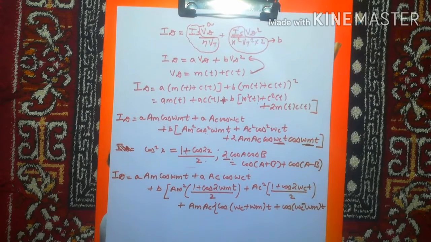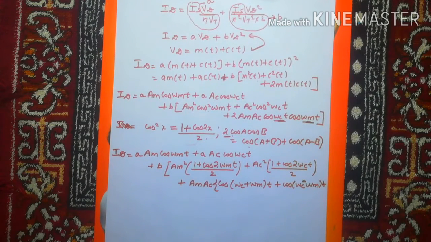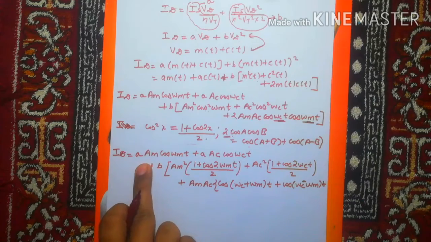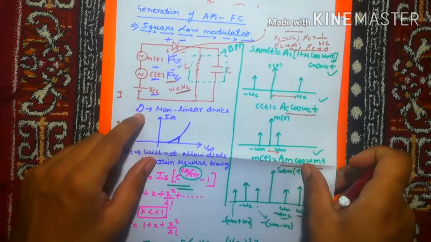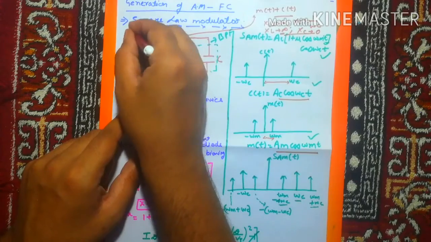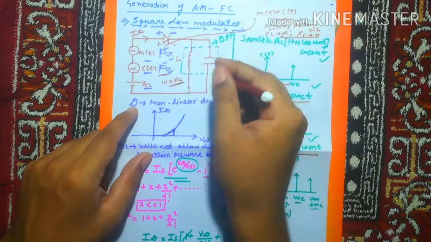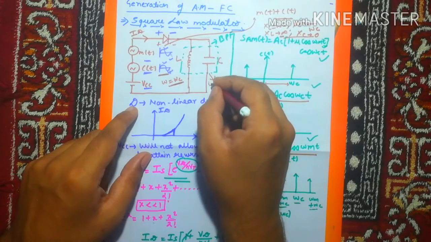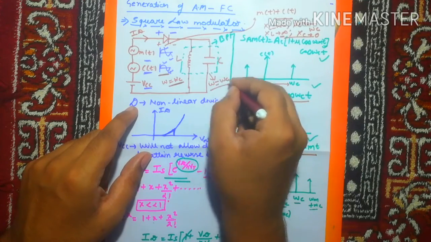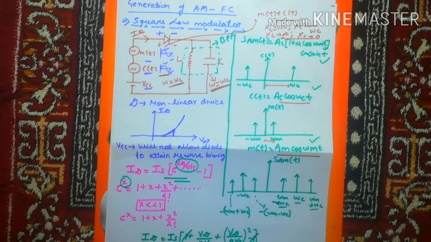Okay, now the band pass filter comes into picture. This Id will go through a band pass filter because Id is the current like that. This Id through the diode will come across the band pass filter, and the band pass filter is such that it can pass the frequency nearer to the omega c frequency. I have tuned this band pass filter such that it can pass a frequency equal to omega c and those which are near to omega c.